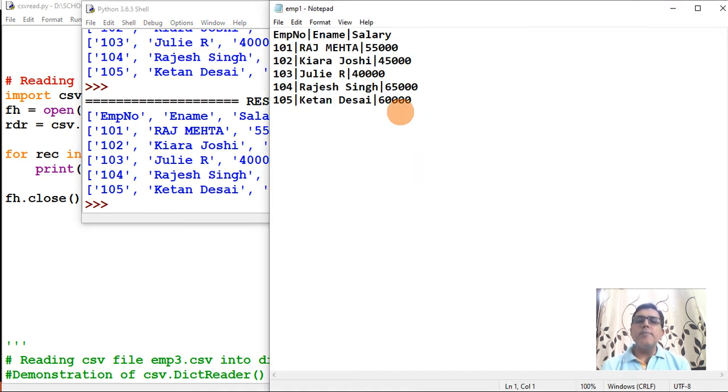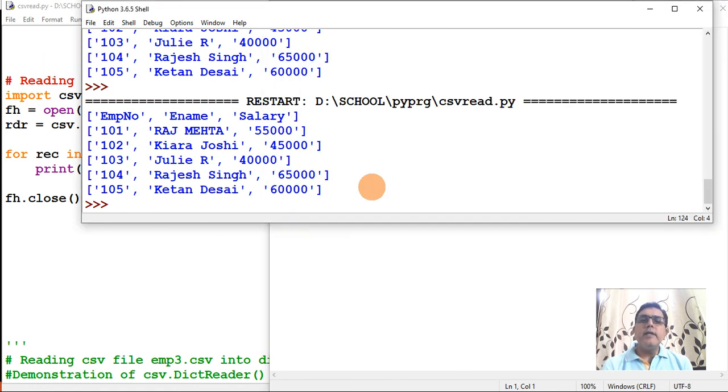Now this text can be created into a tuple or it can be created into a list. This read method is converting it into a list. While writing we had given a tuple, but because the data was written in the form of text, that text can be read back into a list, and then that list can be converted into a tuple. So here it is reading the data properly, see, with the delimiter.